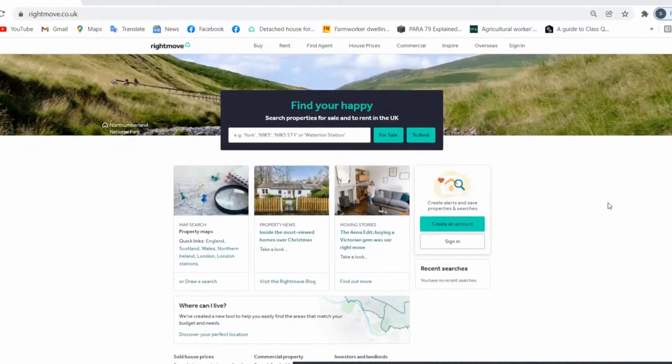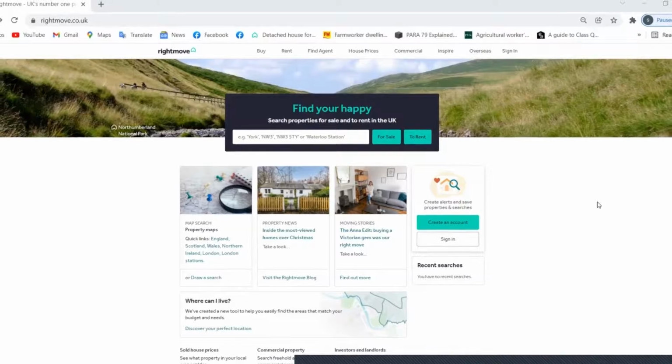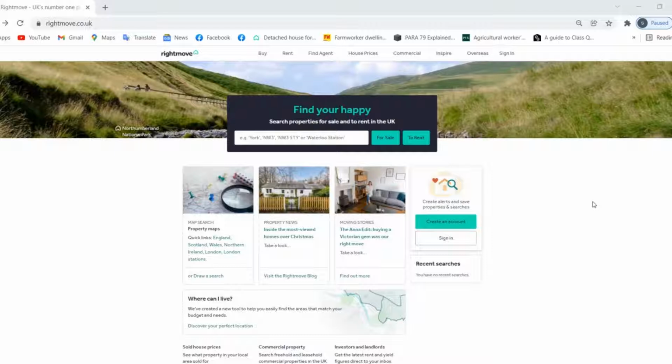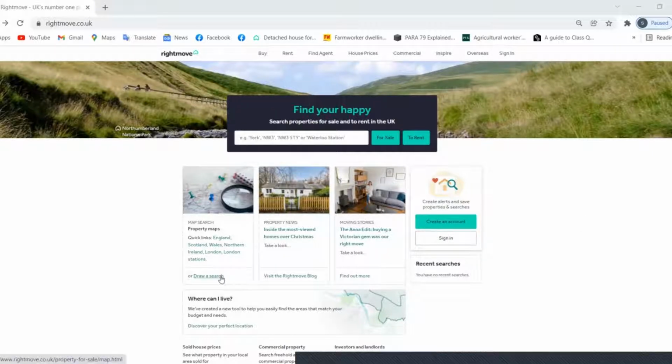We're bringing to you today a guide on how to use Rightmove, in particular how to speed up your search looking for bespoke topics such as acreage, paddocks, equestrian, small holdings, the types that there aren't really any search filters for at the moment. Now, the first thing that we're going to bring to you is the draw a search